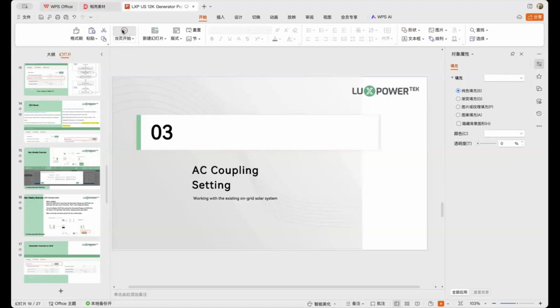And for the off-grid, as mentioned, there are two settings, startup SOC and end SOC, as I showed in the monitor system. There is like 80% as startup and 99% as end. So when the battery SOC is lower than 80%, we will connect the inverter, the AC coupling system, to